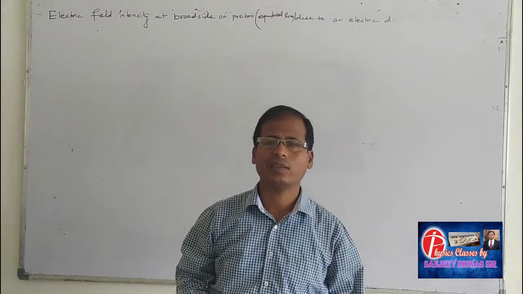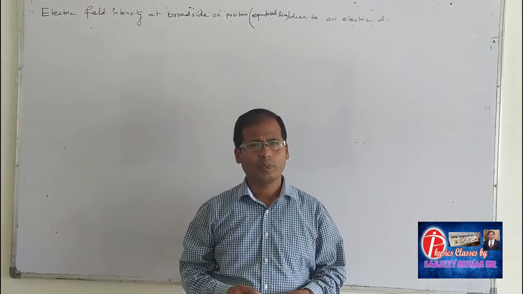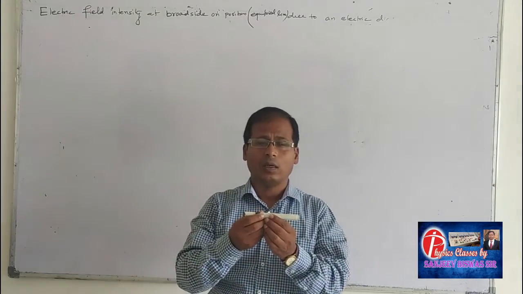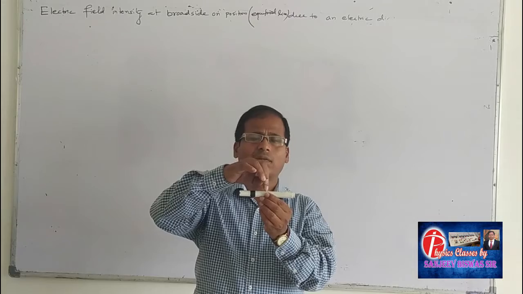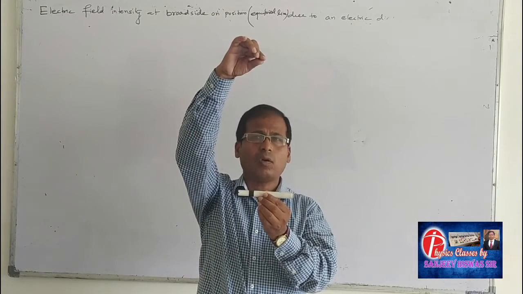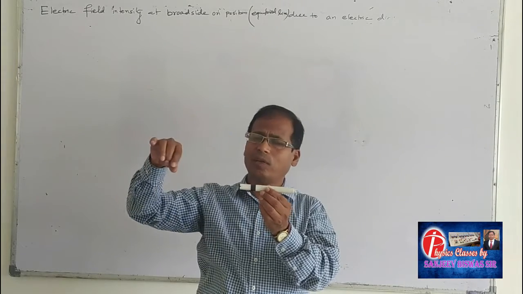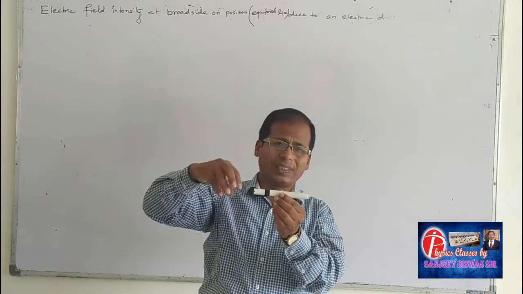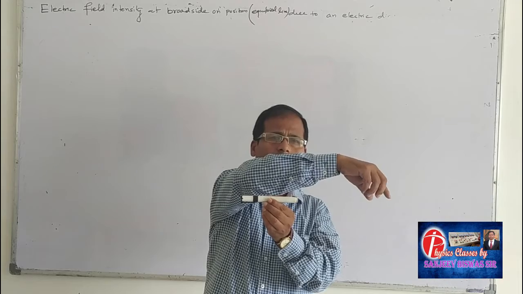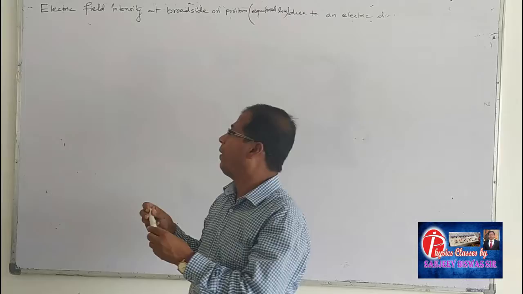Today I am going to discuss the topic electric field intensity due to an electric dipole at broadside on position. That means the line which is passing perpendicular and bisected to the dipole is called broadside on position or equatorial line. And the line which is passing through the positive charge and negative charge is called axial line or end-on position. So today's topic is,